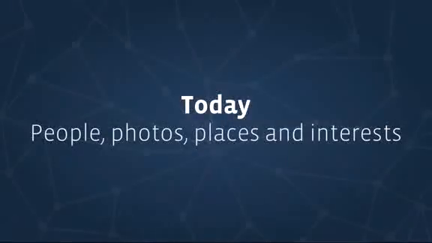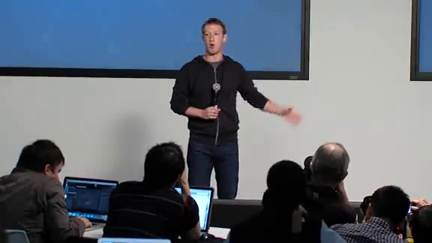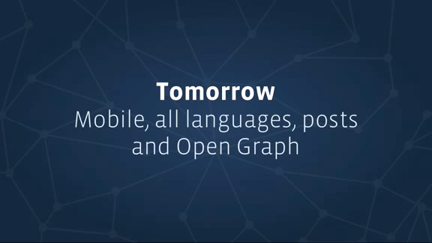So now, again, Graph Search is a really big project. It's going to take years and years to index the whole map of the graph and everything that's out there. But we're really excited about these cases that we have today. We focus today on people, photos, places, and interests. And there's more content that we haven't gotten to yet than what we have. So in the future, there are some very obvious things that we want to get to. Mobile. The only reason why we didn't do mobile first is because for the last year, most of our best mobile engineers have been rewriting our core apps.